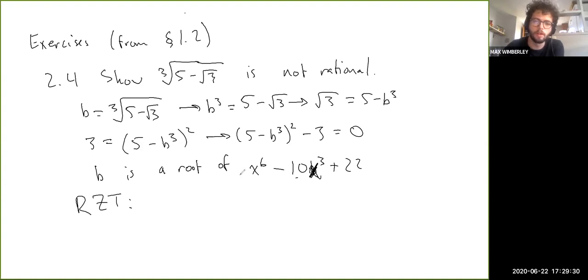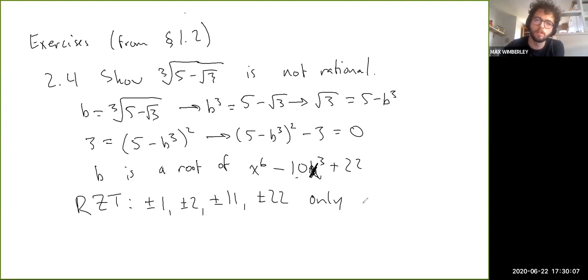So if you remember, or if you know how to use the rational zeros theorem, you'll see that the highest coefficient is 1, and the constant term is 22. So the numerator has to be a factor of the constant term. The denominator is a factor of the highest degree term. So that's just 1. So it's just the factors of 22 with plus or minus signs. So plus or minus 1, plus or minus 2, plus or minus 11, and plus or minus 22, I believe,